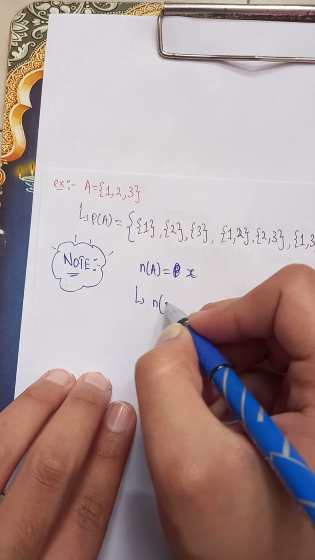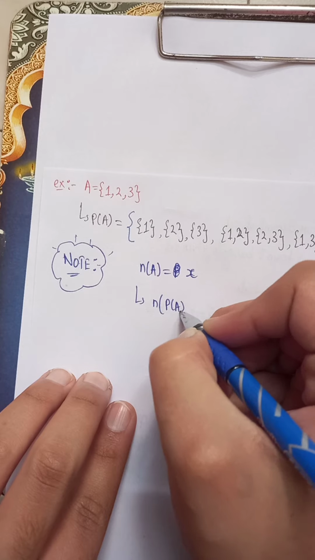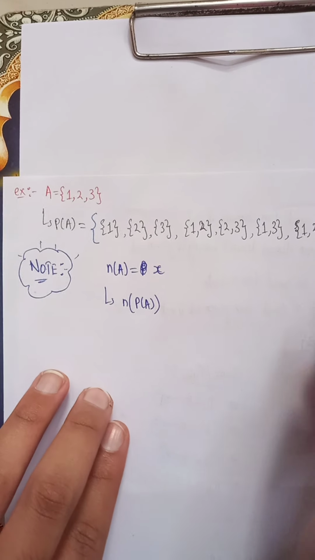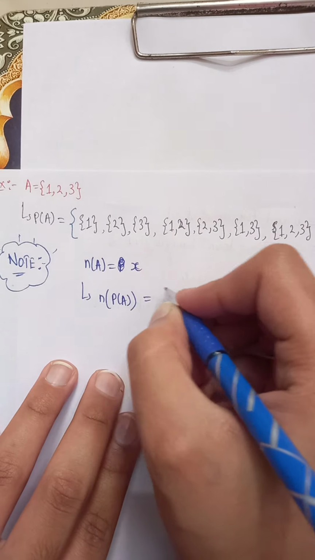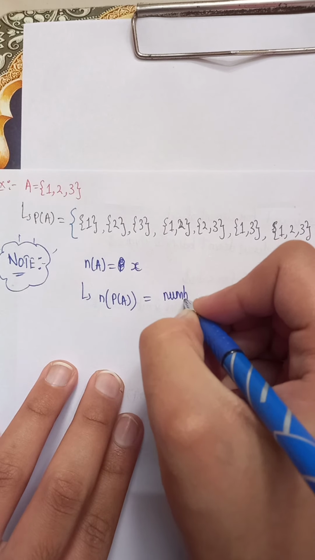Then the number of elements in the power set of set A is equal to